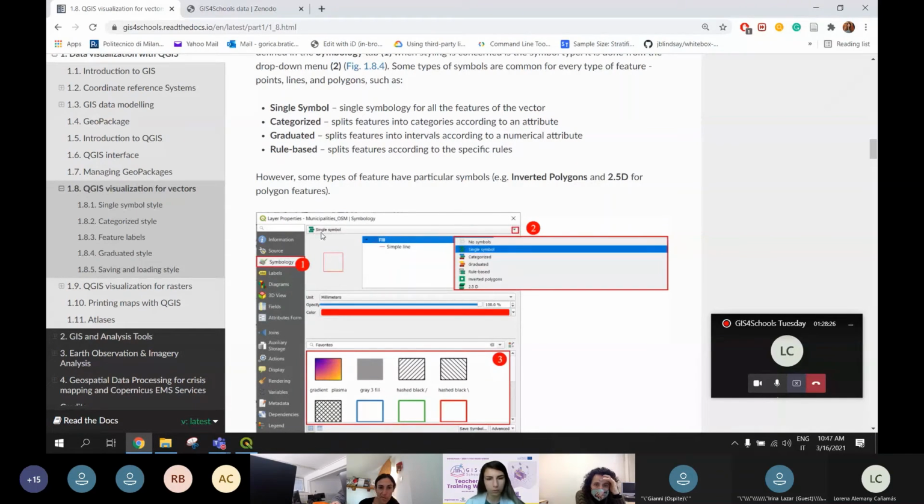Usually by default you will get a single symbol, and you can select other ones. For example, single symbol, categorized, graduated, rule-based, and so on. Even if you want, you can go for no symbols, but then you will have nothing displayed. So single symbol means that,